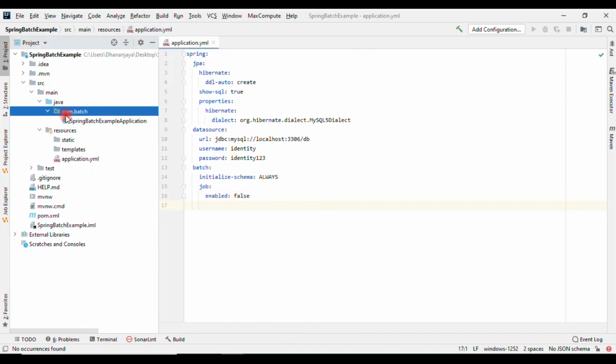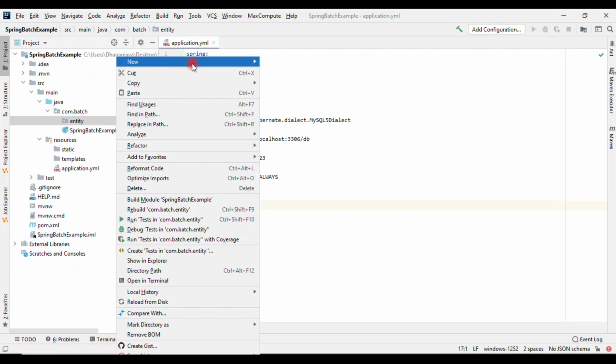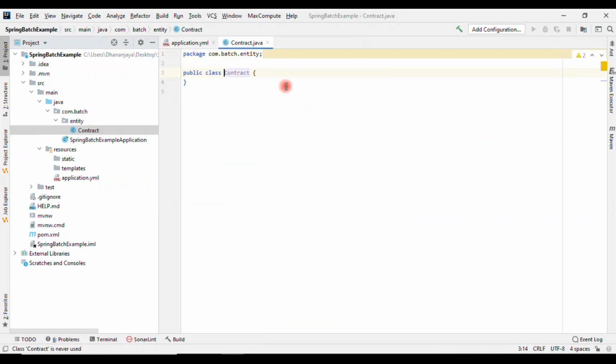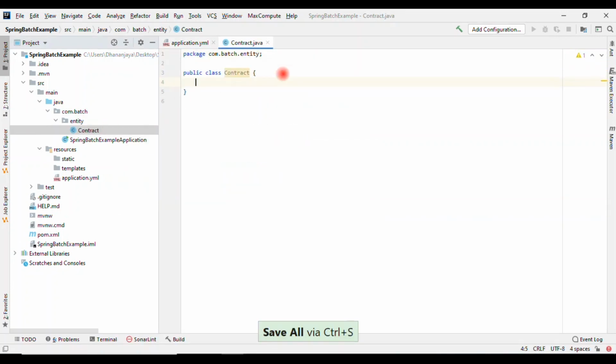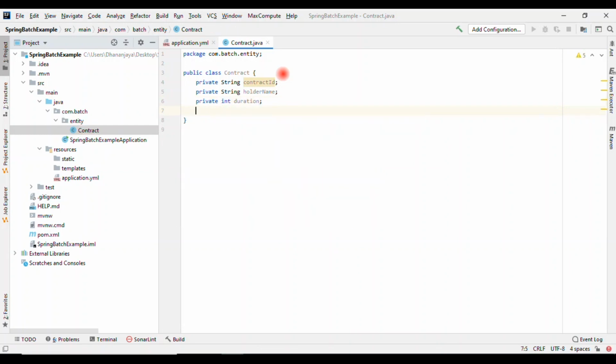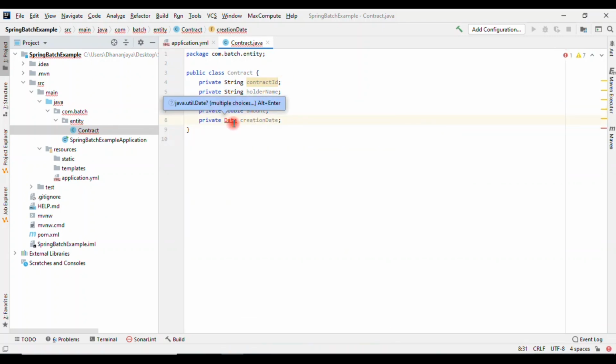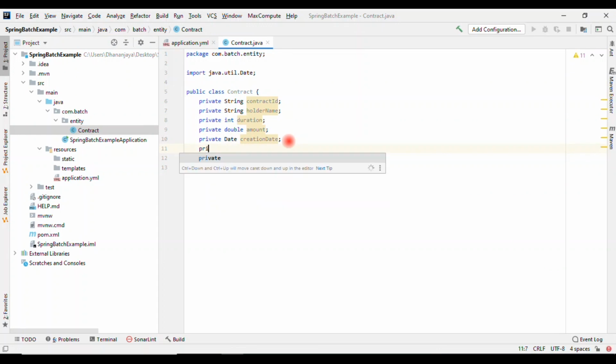Okay, so let's create the model classes first. We will create Contract and ContractHistory. Contract will have contract ID, contract holder name, the duration of the contract, the amount of the contract, the contract creation date, and then the status.